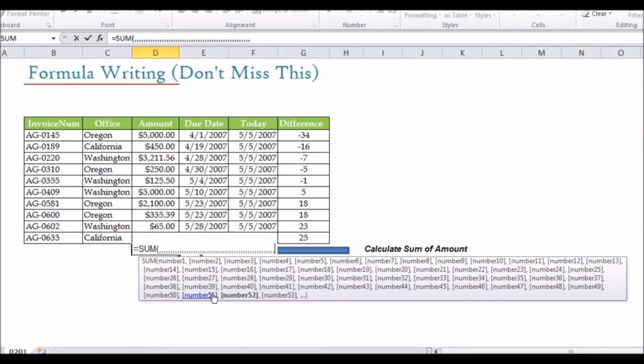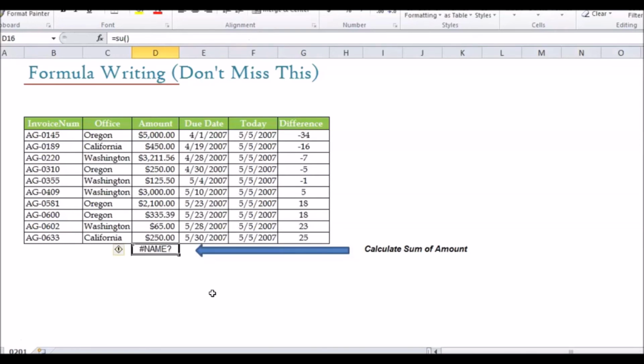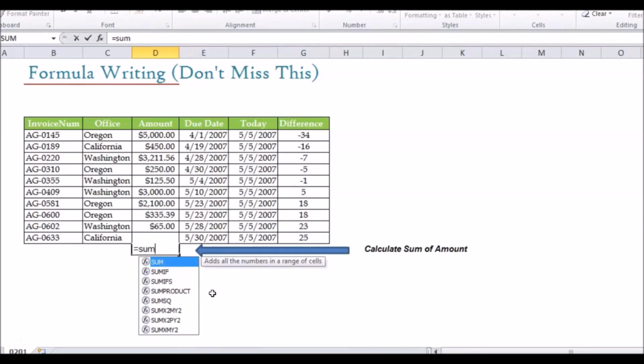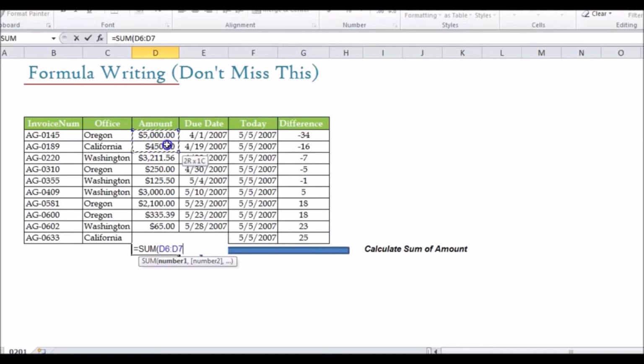We'll write the formula again. Just have a look. I'll start the formula with the equal to symbol and then the name of the formula. I'll write SUM and then I'll press tab to open the formula, and then I'll select the range over here. I'll click over here and drag it till the end. Now I'm done. That is D6 to D15.